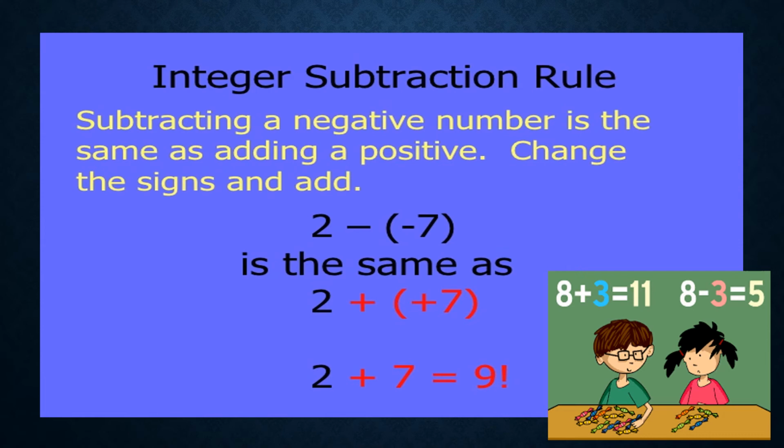Always remember children, if there is a negative sign outside the bracket, it changes the sign of the integer next to it which is inside the bracket. That's the reason here the negative sign which is outside the bracket will change the sign of minus 7 and will make it plus 7. That's the reason the final problem is 2 plus 7 is equal to 9.